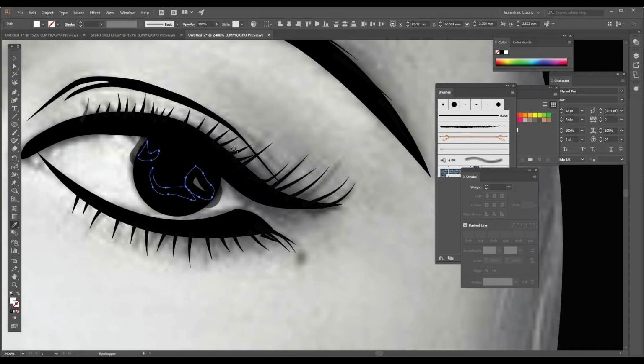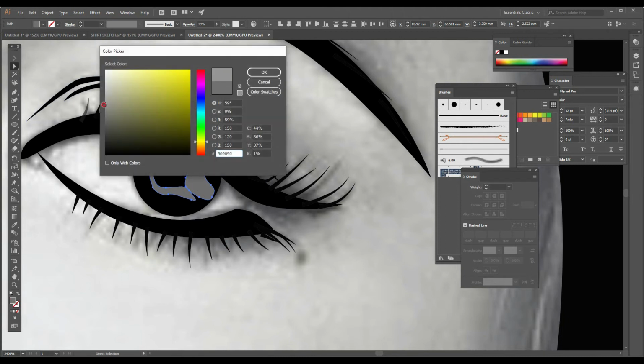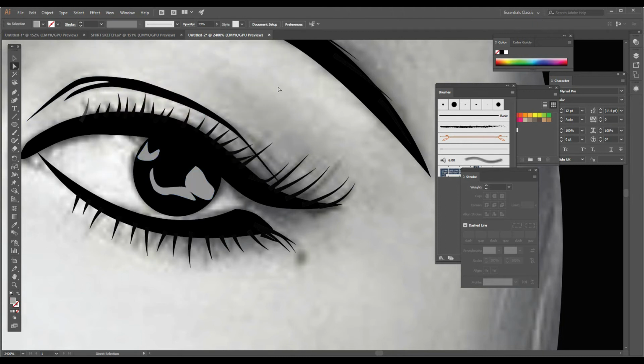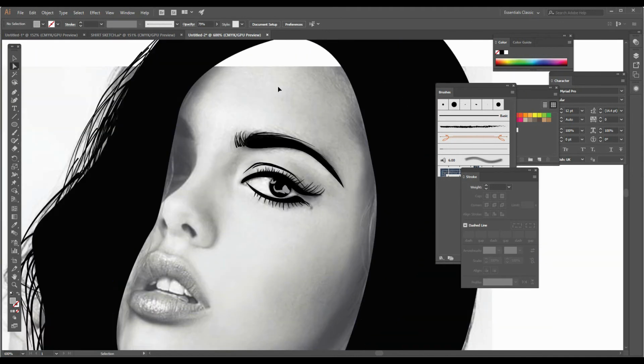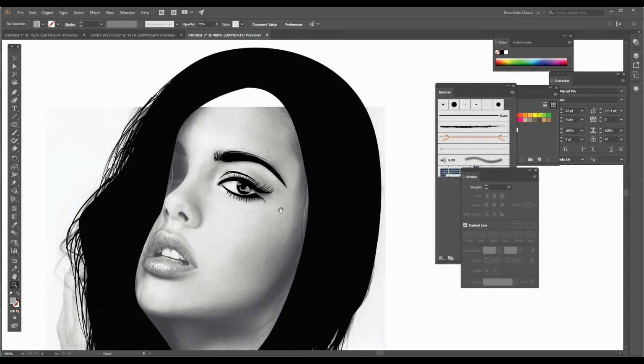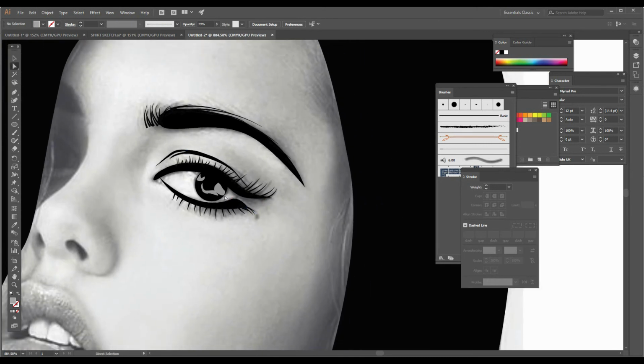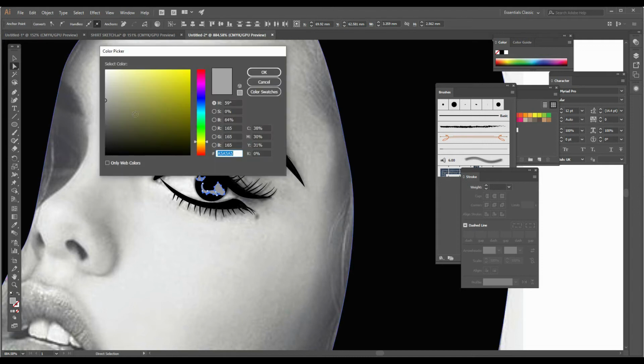These whites are too white. I'm going to change it to gray color, or maybe more lighter version of gray. I'll zoom out to see how it looks. Yep, it looks better, but I think we need to increase the gray a little bit more. I am going to change this gray into a darker gray,